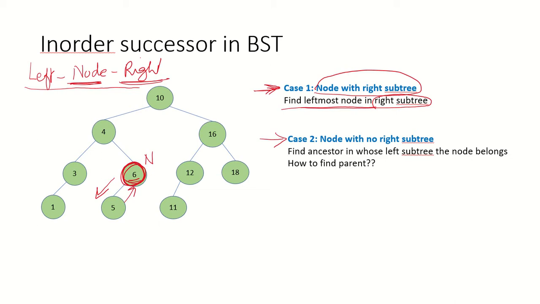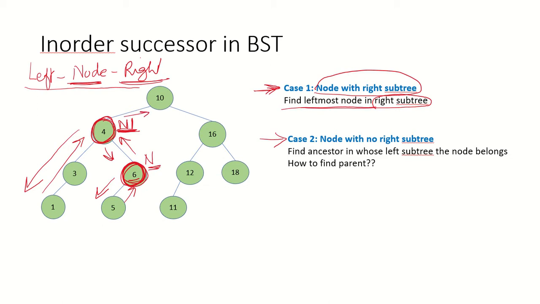If there is no right subtree, that means we have to go back to its parent node. Let's call it n1. But since node n is in the right subtree of n1, that means n1 has also been visited earlier, because we first did the left traversal, went back, visited the node n1, and then started with the right traversal. So before visiting n, we have already visited n1. That means n1 cannot be the successor of n.